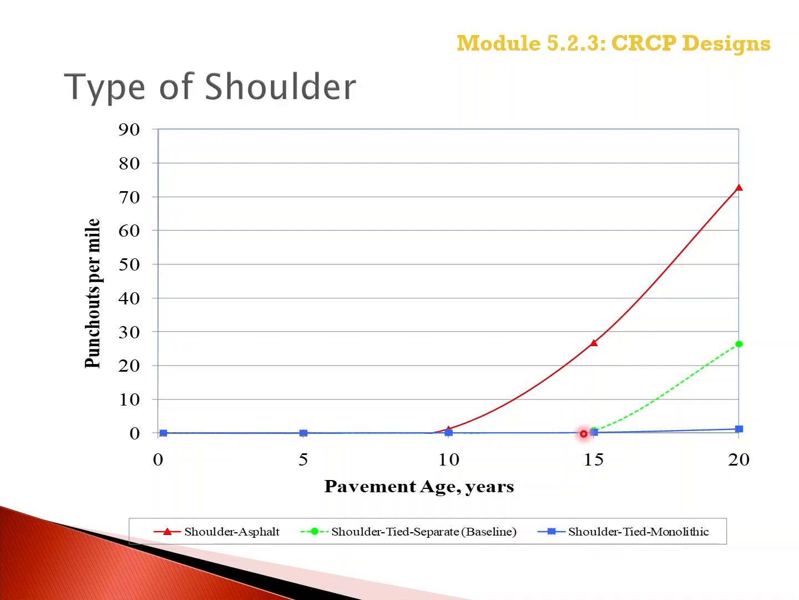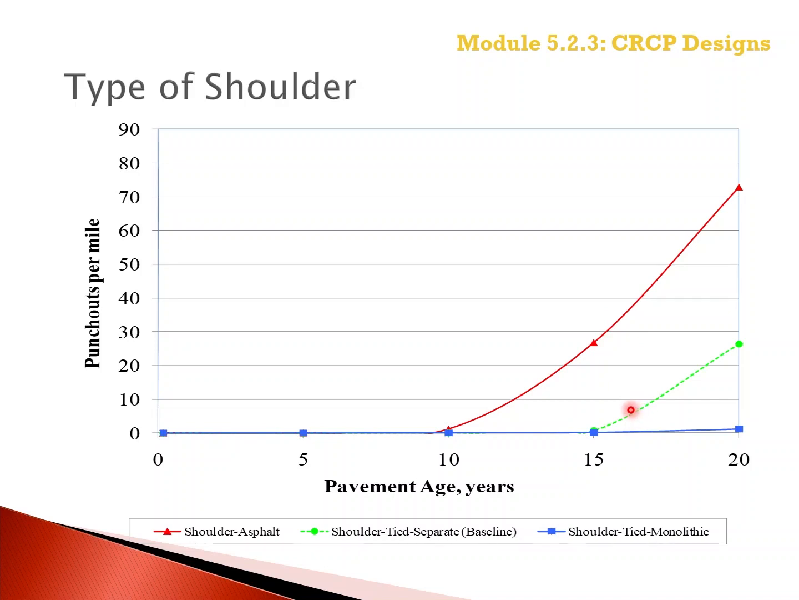The green curve is a shoulder. It's a tied concrete shoulder, but poured separately. And then the blue is a concrete tied shoulder that's paved monolithically, or at the same time as the concrete slab. And so the type of shoulder does have a pretty important impact on the number of punch outs that